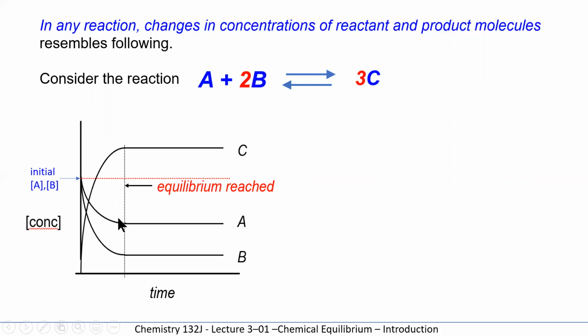So as you can see from the graph, A and B will not change by the same amounts. Because 2 moles of B are consumed for every mole of A, the quantity of B will go down twice as much as the quantity of A. And the quantity of C will go up 3 times as much as the quantity of